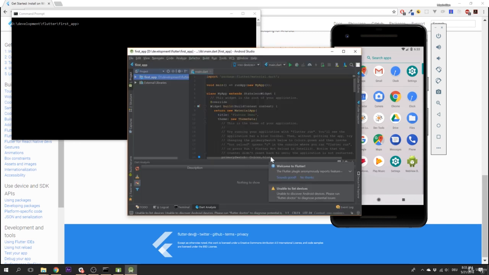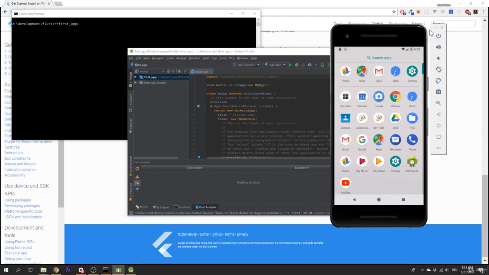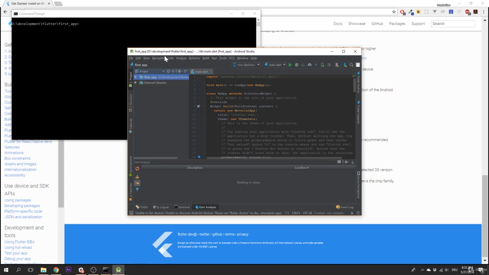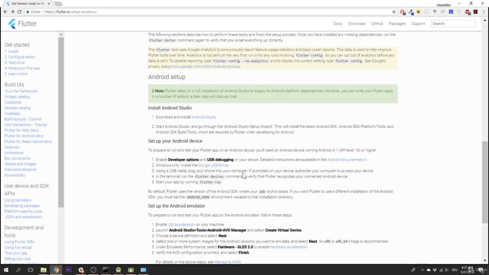And now we have Android Studio configured to support Flutter. Now, we still don't see our emulator here at the top, and therefore we still can't start our application. Let's quit the emulator for now. And to make it work,